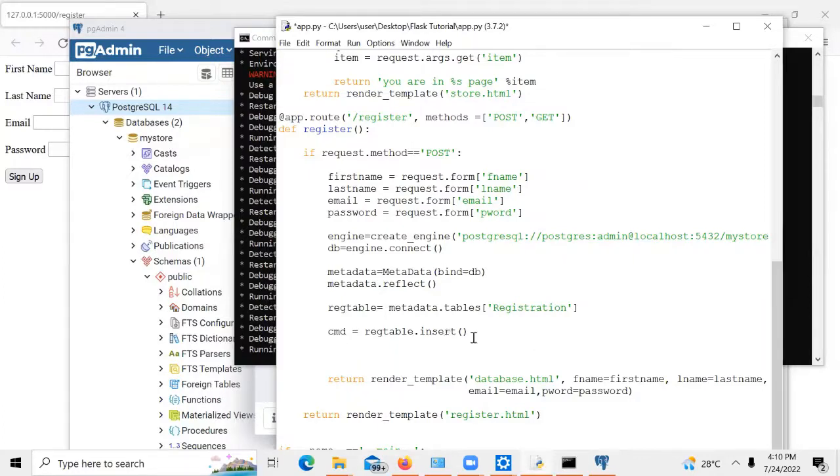So dot insert. If you are specifying a particular column, then you have to specify the name of the column inside this as an argument. But we are not doing that. What we want to do is to insert all, we are concerned with all the tables. So you just say dot values. Then we need a list of